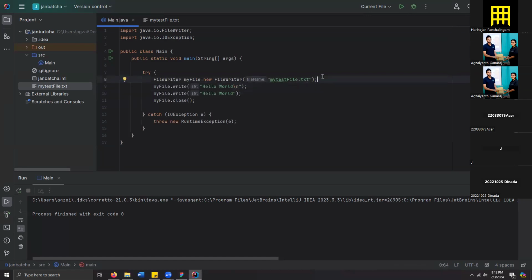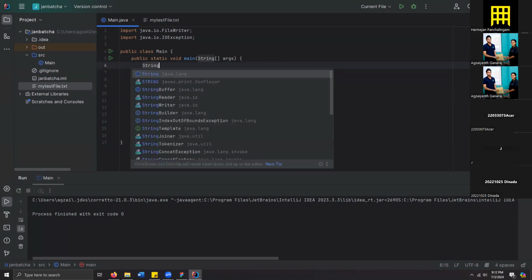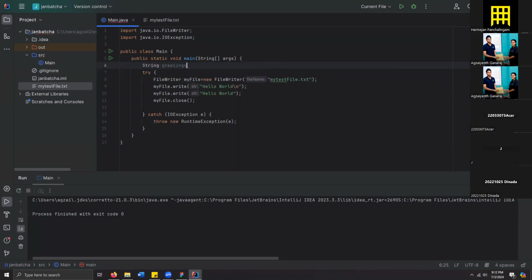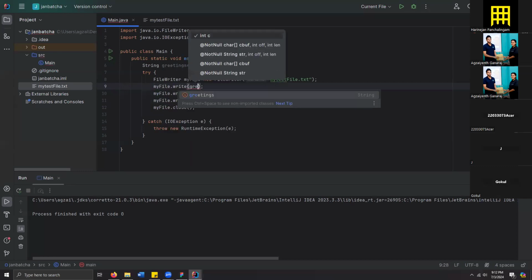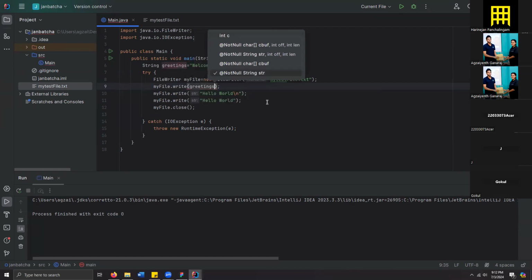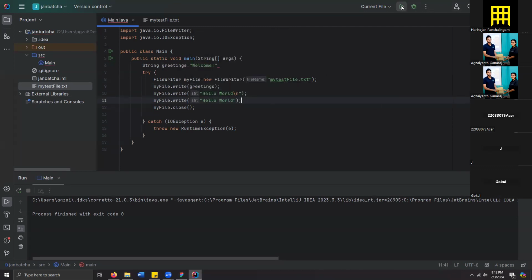So y'all also can print something inside your variable, or you can create a variable. So let me do this. I'm going to create a variable, let's say String greetings equals "welcome". So if I want to write something which is stored inside my variable, I could simply say myFile.write and then pass in the variable name. So it's going to be greetings. So when I save this and when I run this,